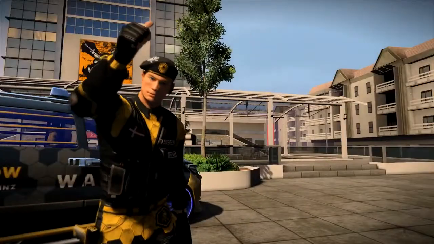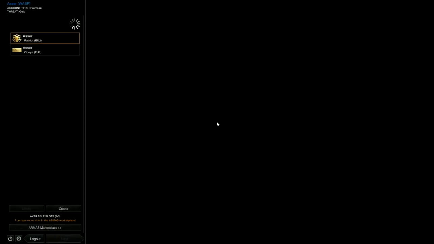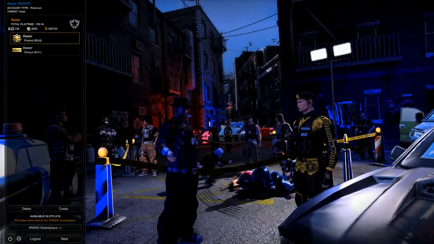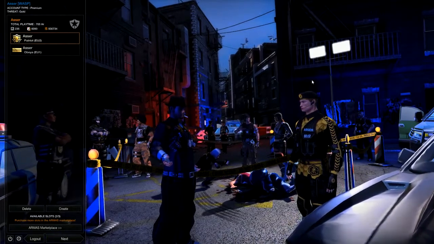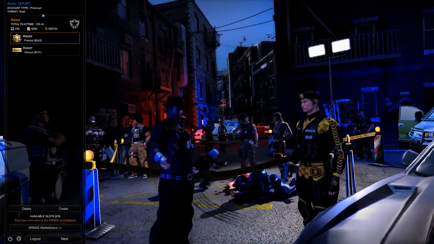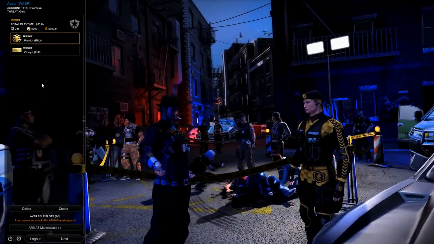If you've already installed APB, you are ready to go. The first screen you get to is the lobby. From here you can manage and change between your different characters. By default, you can have 2 characters in one account, but you can buy more slots in the Armor's Marketplace